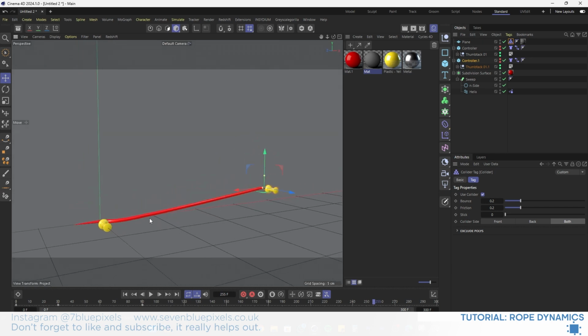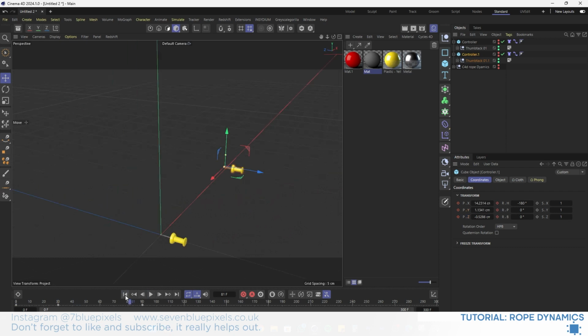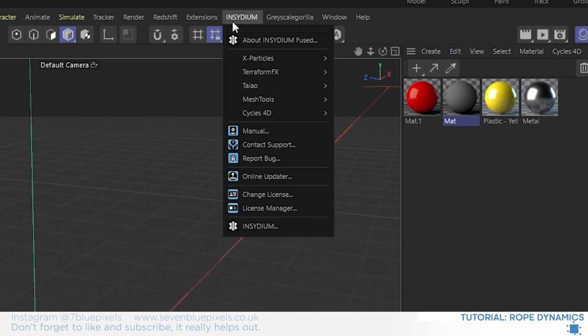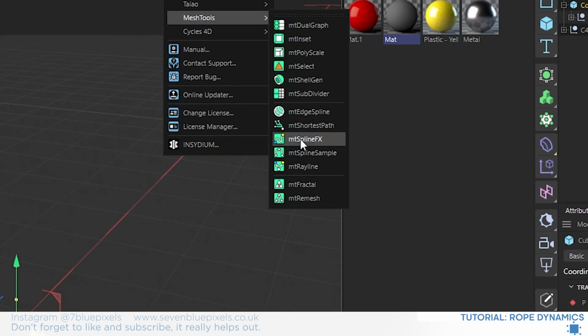Now we've looked at the basics of rope dynamics within Cinema 4D, let's look at how we can use Insydium's Mesh Tools. So we have controller 1 and controller 2, and they're pre-animated and they're going to move like that. So we want to generate a spline that will activate between these two things. So if we go to Insydium, if you have Insydium Mesh Tools, and we go Mesh Tools, and we go SplineFX,